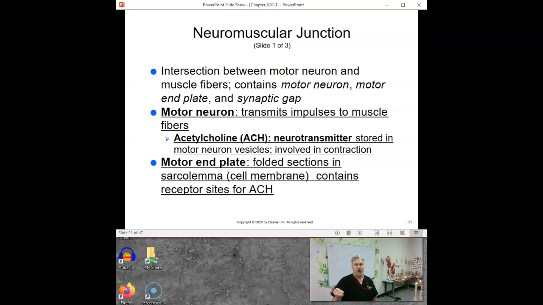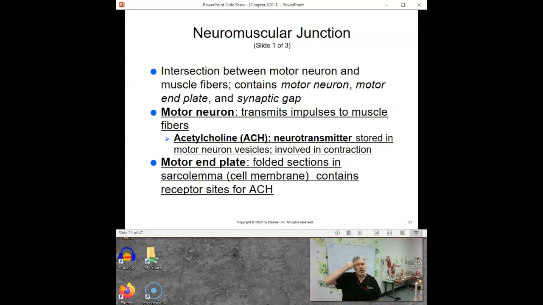Cool? All or nothing. Nerves are all or nothing. Muscles are all or nothing when it comes to this. And the nerves, the wires, by the way, you've got wires coming out telling muscles what to do, and you've got wires coming in telling you what you feel and all sorts of stuff. There's wires everywhere. That's your nervous system. It's just a communication system. But the ones that tell your muscles what to do, we call those motor neurons.